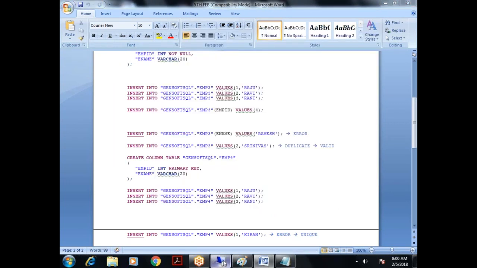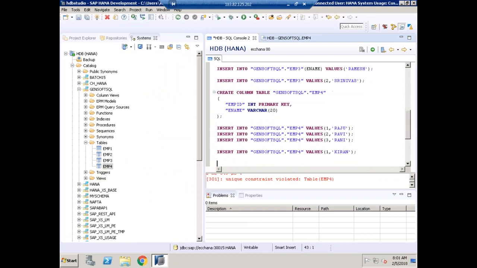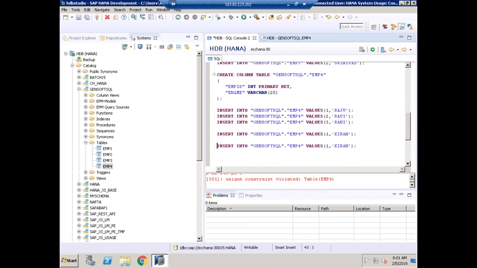Done. Okay, now the change I'll do is, so I said that primary key is the combination of both unique and what? Not null. Now I'll say insert into gensoft sql.emp4. I'll supply value only for what? Employee name. Employee name, I'll give the value as something, Kiran. So what is the change I did here? I'm trying to provide value only for employee name. I'm not providing the value for what? Employee ID. Means indirectly we are trying to insert null value for employee ID. So when I try to execute this,